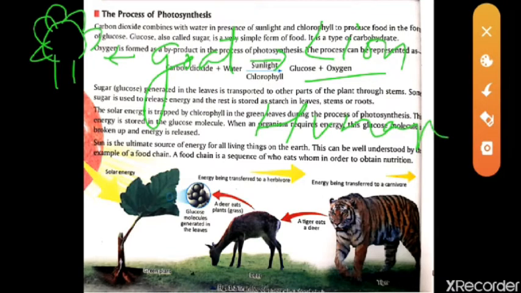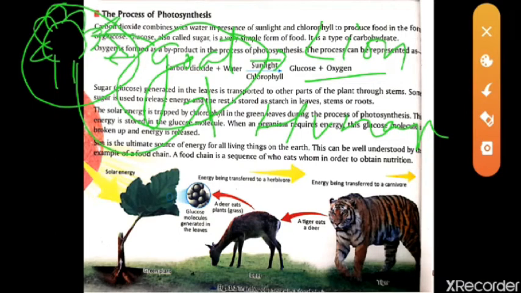So see how we are dependent on others for the food. The goat is indirectly dependent on the grasses. That means they will not eat meat or fish, they have to eat the grasses. So the energy they have consumed from the sunlight, by the process of photosynthesis, whatever they have made, the energy will be transported to the goat. Now if we eat the goat, that energy will be transported to us and we will use that energy. So like this is the food chain.